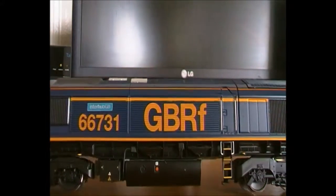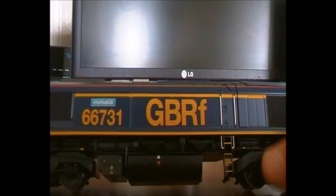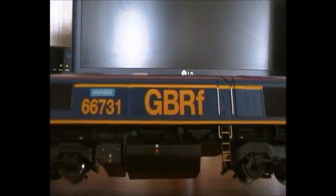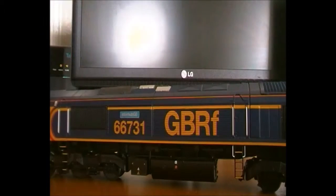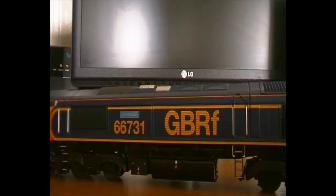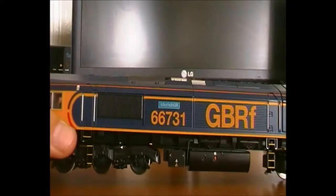I apologise if it comes up with finger marks from my hands on the model. It is a really, really pristine looking finish on this model. As you can see, the blue and orange GBRF Europort livery looking absolutely splendid, and the number there, 66731, and just above the number,